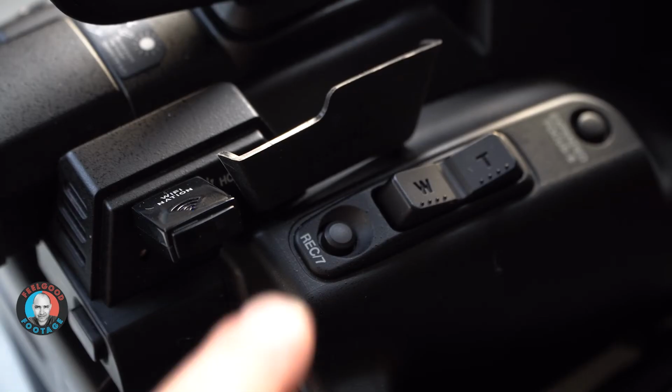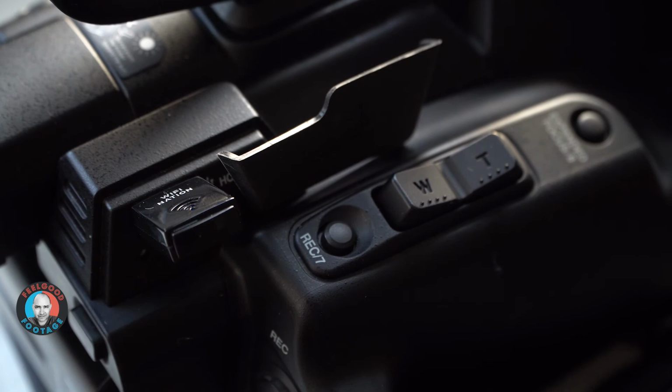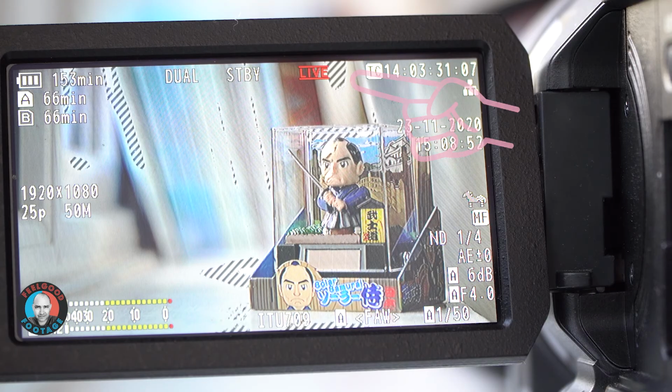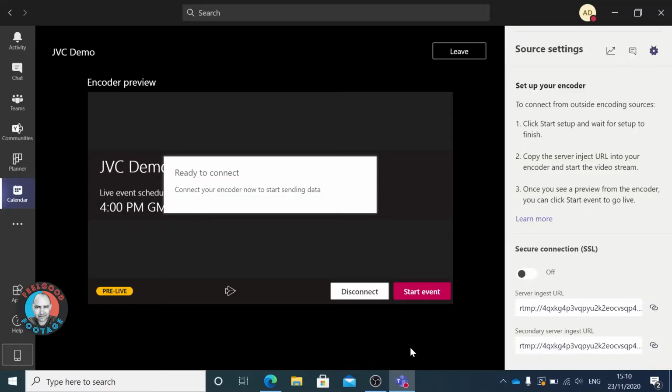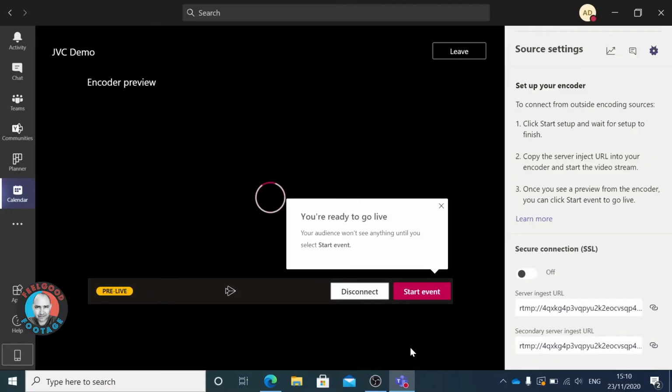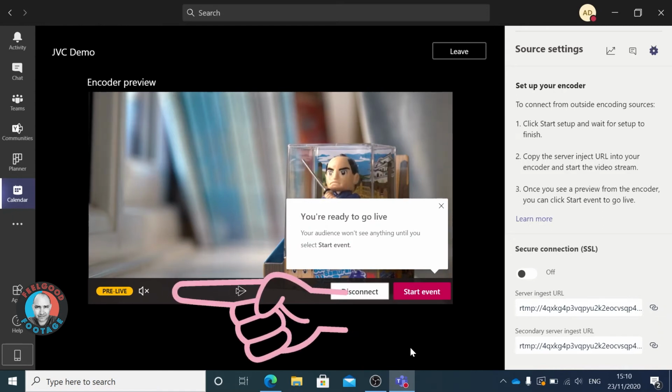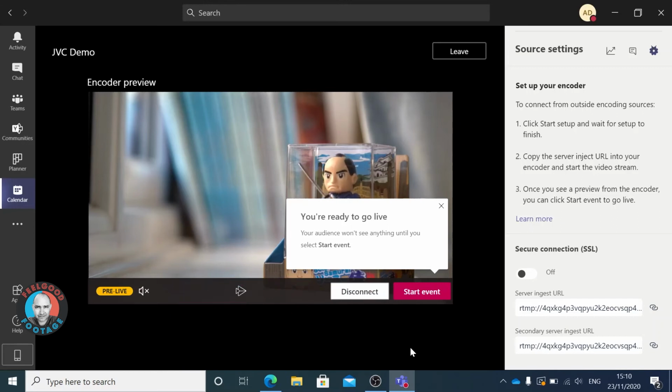I've mapped my live stream start to this function button, so I'll begin the stream. And the red live icon tells us the connection's established successfully. After a short delay, the encoder preview begins to display the incoming live stream from the camera. I've got the corporate laptop actually in the room next door. So notice on the bottom left the pre-live notification. This reiterates to you that although you can monitor what is coming into the encoder preview, nothing is being released to the live event proper.